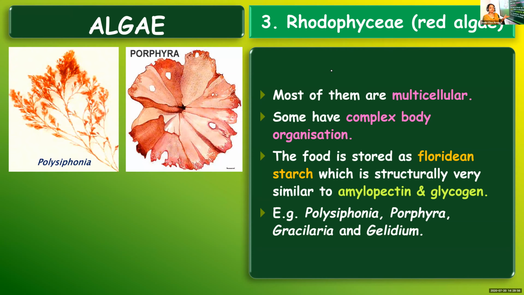Who will tell me the storage form of food in green algae? Pyrenoids. Nidhi, was that Nidhi? Yes, ma'am. Good. But inside pyrenoids, what do they store? Pyrenoids are storage bodies, so inside that pyrenoid, some substances are there. Protein and starch. Very good. Protein, starch, and apart from that, yes, very good.